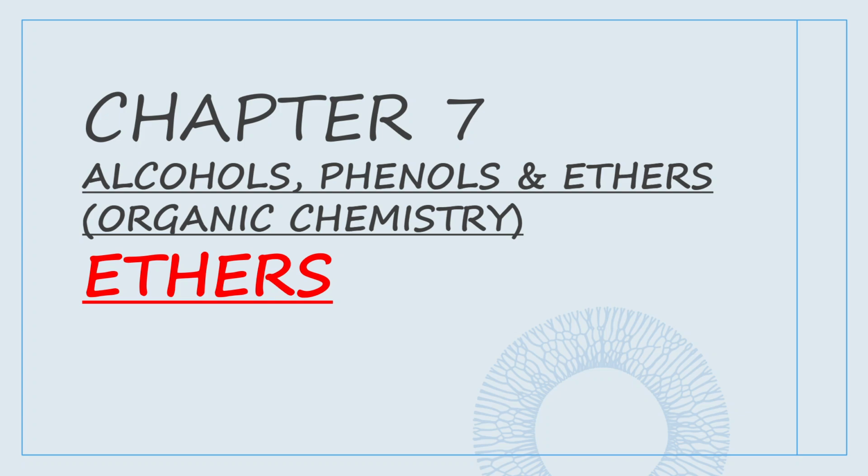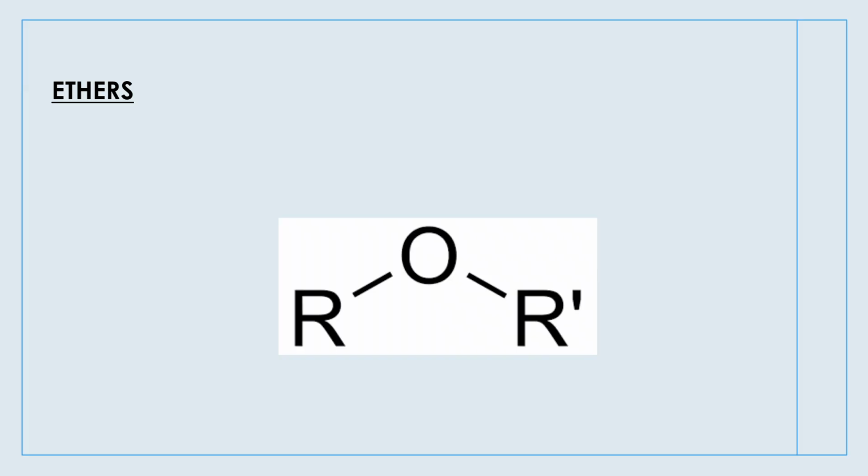This is chapter 7, which is part of organic chemistry, and the name of the chapter is alcohols, phenols, and ethers. From this chapter, the topic that we are going to study today is the ethers. Talking about ethers, ether is an oxygen containing compound, as you can see in this picture, and the oxygen is bonded to two alkyl